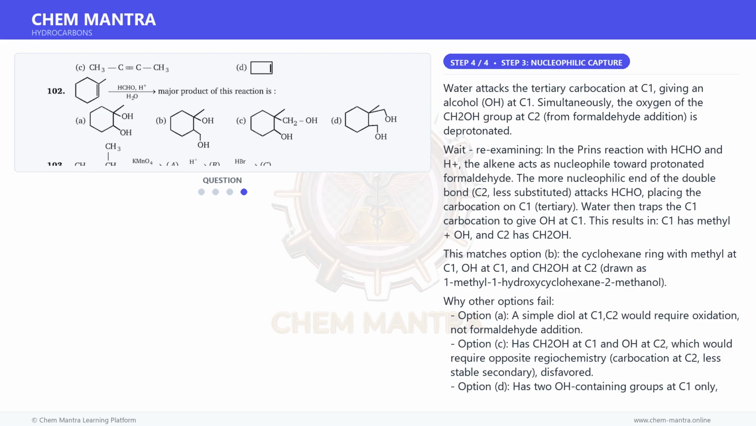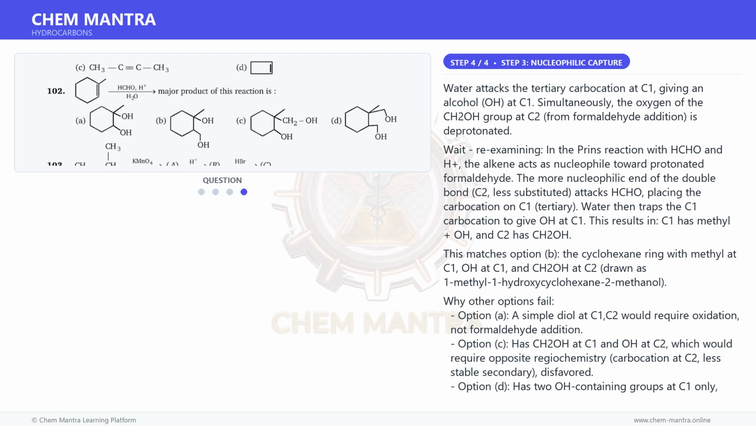The more nucleophilic end of the double bond, C2, less substituted, attacks HCHO, placing the carbocation on C1, tertiary. Water then traps the C1 carbocation to give OH at C1. This results in C1 having methyl plus OH, and C2 having CH2OH. This matches option B, the cyclohexane ring with methyl at C1, OH at C1 and CH2OH at C2, drawn as